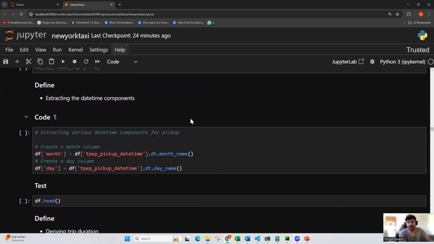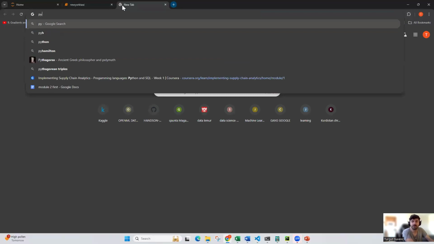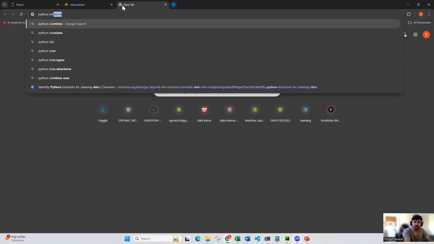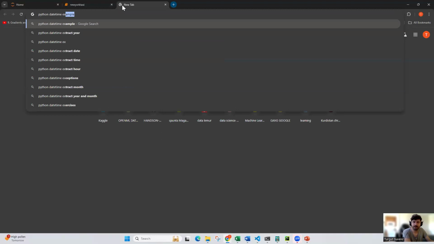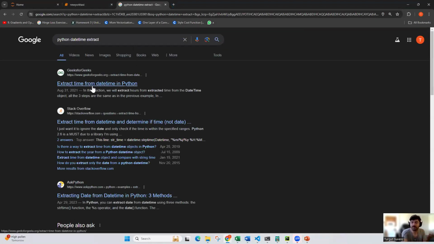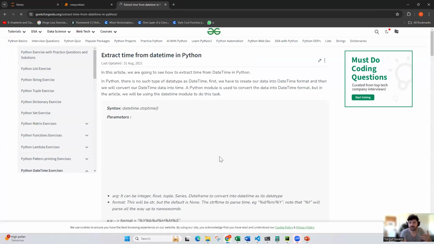For datetime columns, guys, you can find many things. This is always plentiful for feature engineering. If you have datetime values, you could get many things: days, hours, months, years, month names, different things. And you can just Google Python datetime extraction,